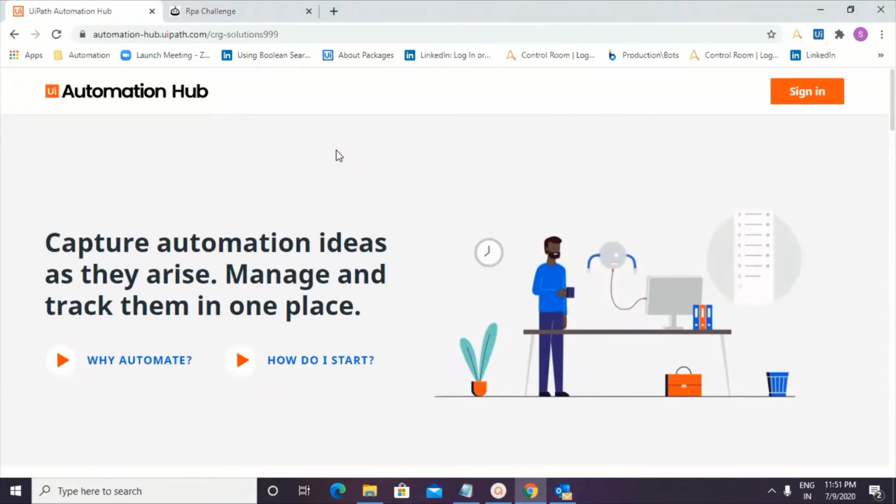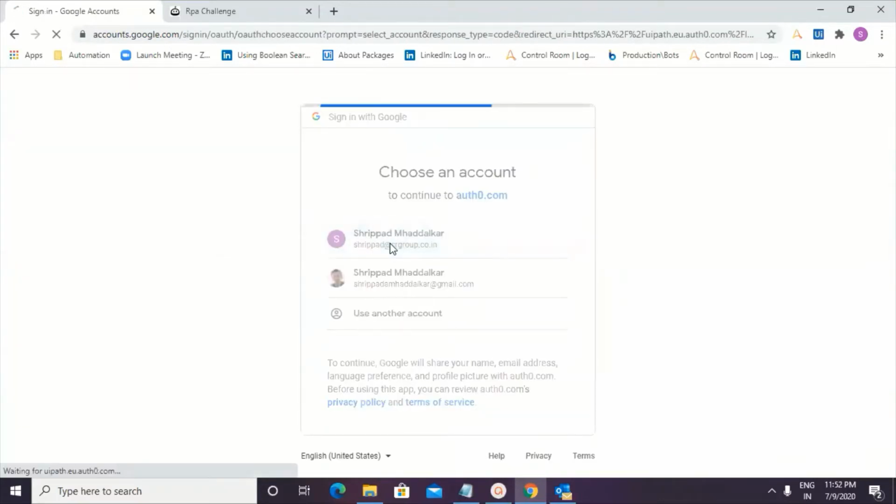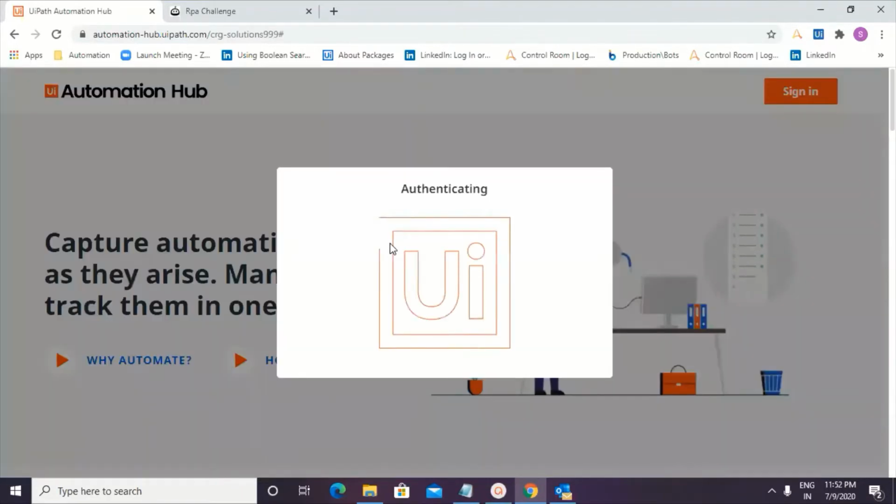After submitting the employee-driven idea, I assigned it to Shripad, who is a manager in the Automation Hub. He will be reviewing the document, completing the approval procedure, and then creating a process design document using Task Capture. So today we have Shripad with us for taking this process further with episode number two. Over to you, Shripad.